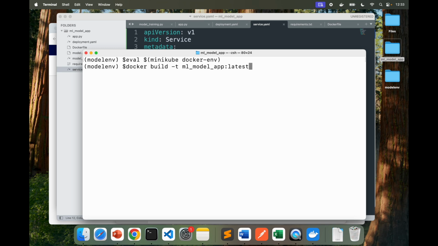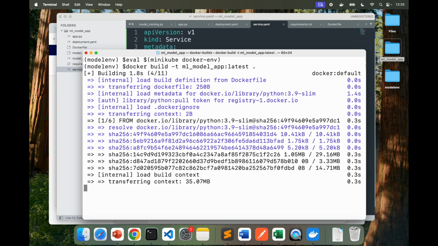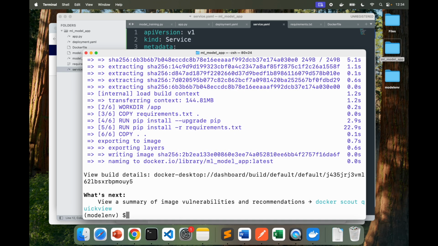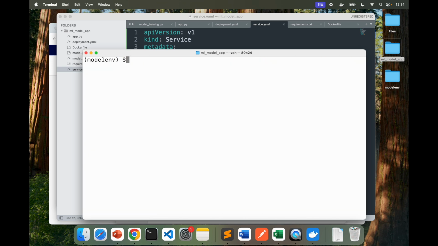I recently built it, but it's better to build it again. It's going to go through the same steps. Once this is done, let's first clear it out, and then I'll say kubectl apply. What I'm trying to do is apply the deployment and the service using kubectl, to apply the configuration files and deploy the containerized model on the Kubernetes cluster. So to do that, I'll say this, and the deployment.yaml file.